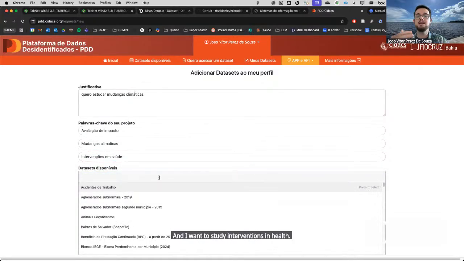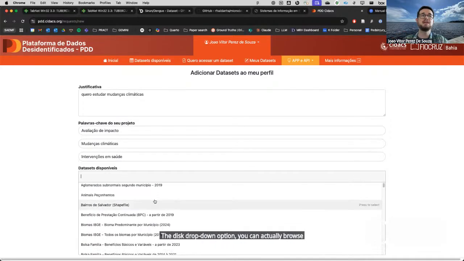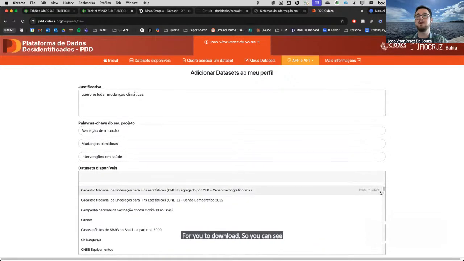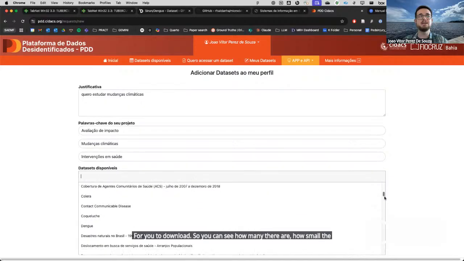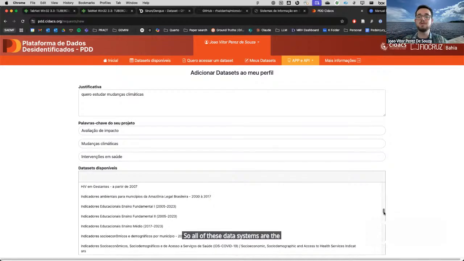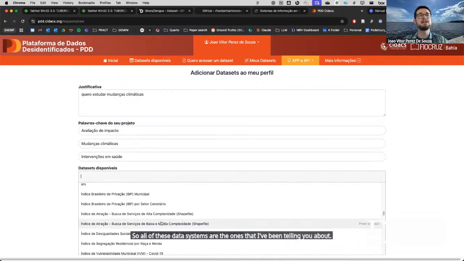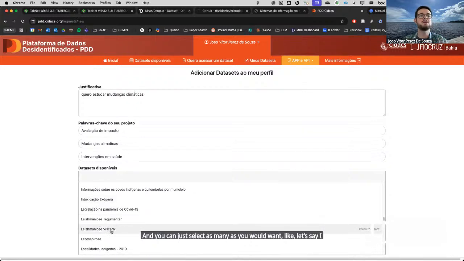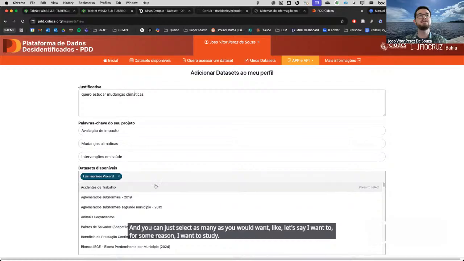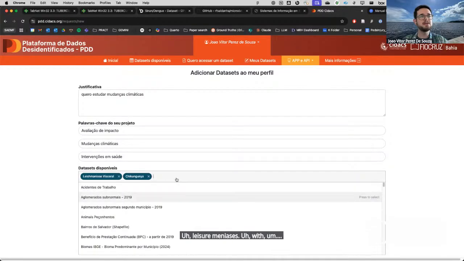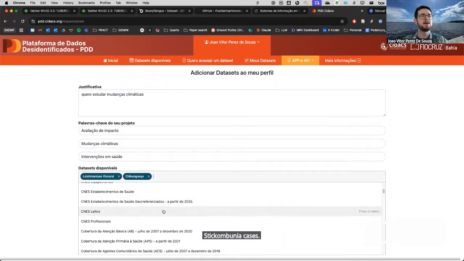And then here in this drop-down option, you can actually browse and select all of these data systems for you to download. So you can see how many there are, how small the text is here. All of these data systems are the ones that I've been telling you about. And you can select as many as you would want. Let's say for some reason, I want to study leishmaniasis with chikungunya cases, but also